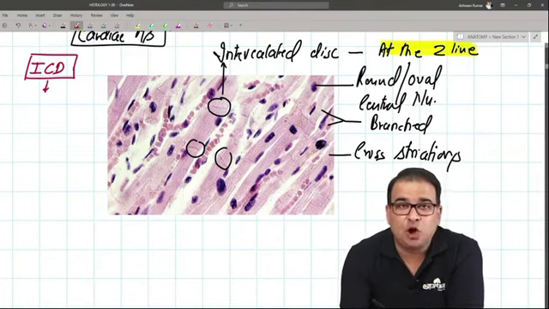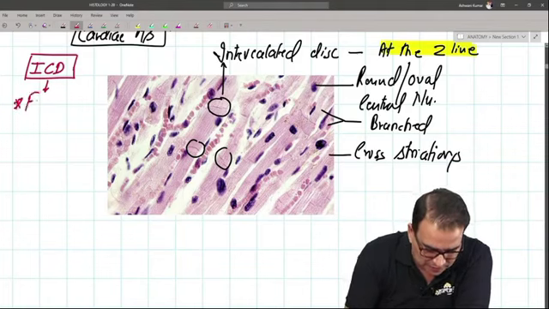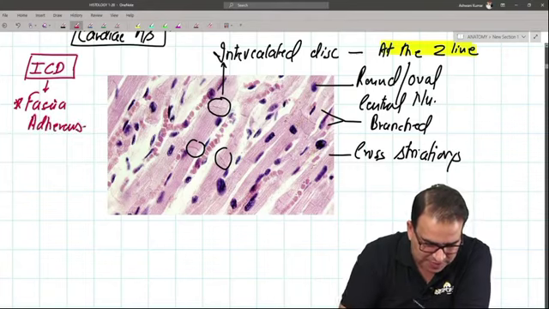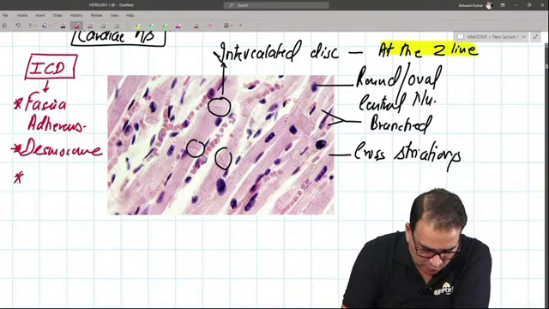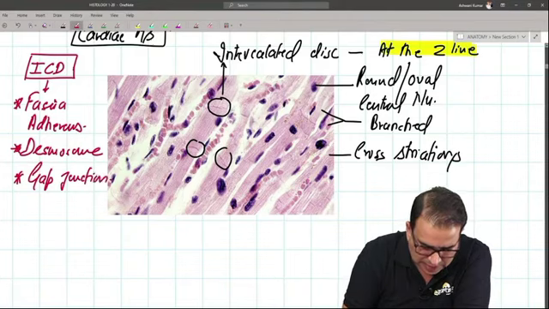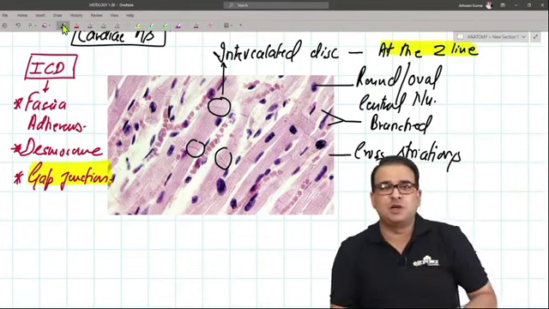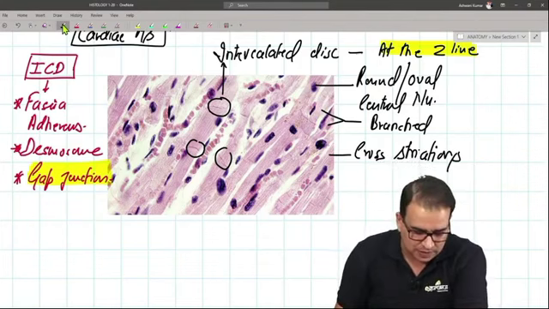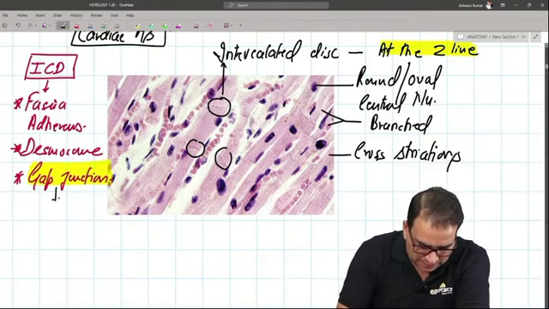The types of junctional complexes present at this intercalated disc are: we have fascia adherens here, we have desmosomes, and we also have gap junction. The most important is the gap junction. And they can ask this question, what types of junctional complexes are present in the intercalated disc of a cardiac muscle? So we have fascia adherens, desmosome and gap junction,